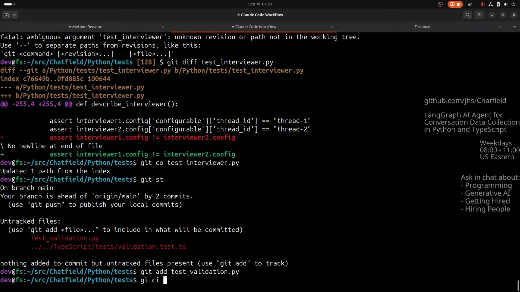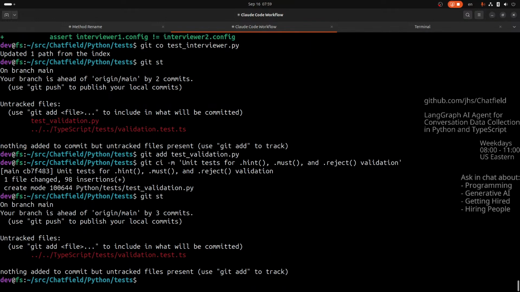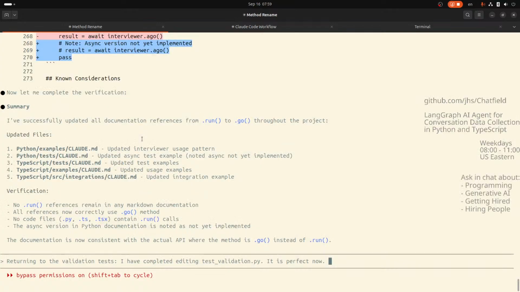Perfect. Tests. Unit tests for, what is that? Hint. Oops. Yeah, .hint, .must, and .reject validation. Done. Nice. Okay. So I'm going to amend this new one in there, but I'm going to show